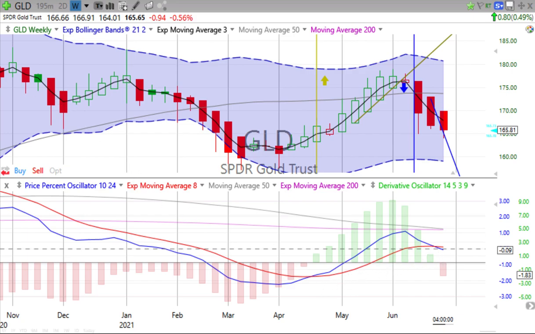percent oscillator. And of course, it looks like this week is going to be shaping up with a weekly vertical crossover going down in gold after the third week of price drops. And we will continue to track that.